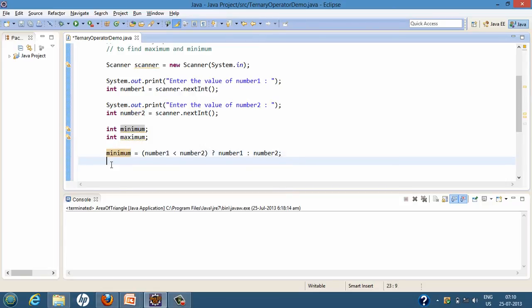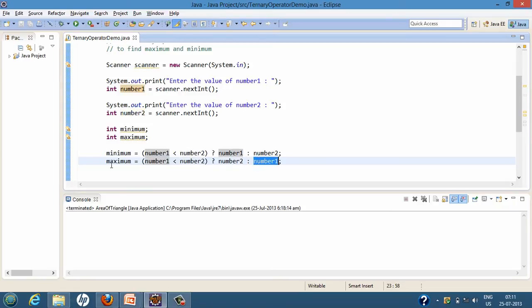So now let's move ahead and calculate the maximum. Here the maximum would be, say, if number1 is less than number2. If the expression in these brackets comes out to be true, then number2 will be our maximum value, and if it comes out to be false, then number1 will be our maximum value.